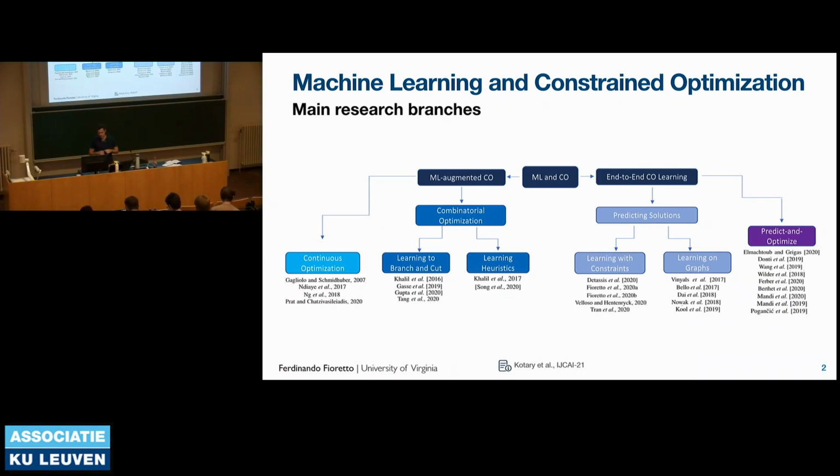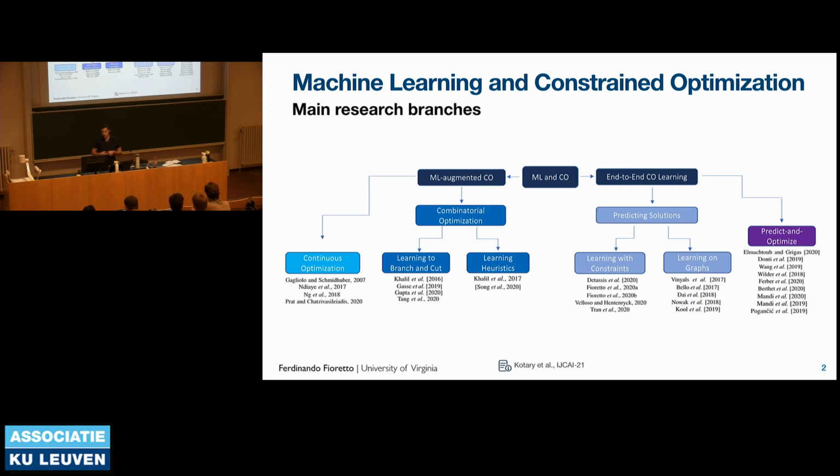And this survey here is actually meant to be expanded soon with Tias and his students, so just a teaser. But essentially what we were trying to do here is to categorize, together with other researchers that have also run surveys in this area, this intersection of machine learning and constraint optimization, because it's such an emerging area, but it's evolving so rapidly.